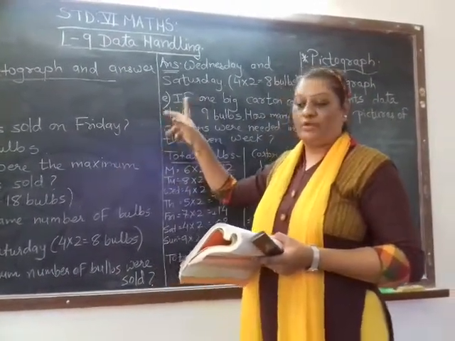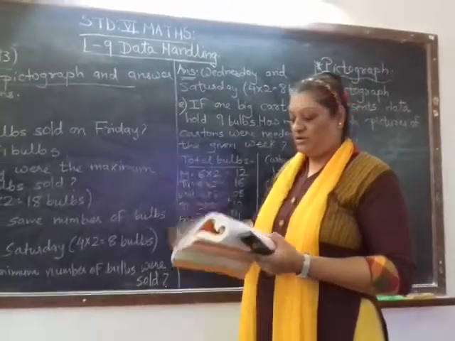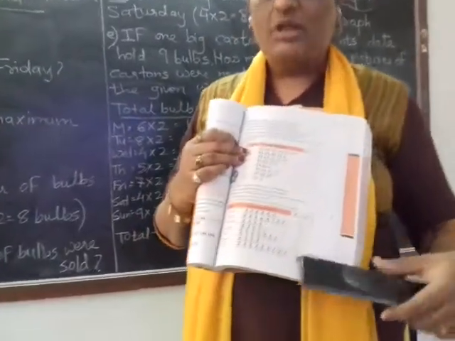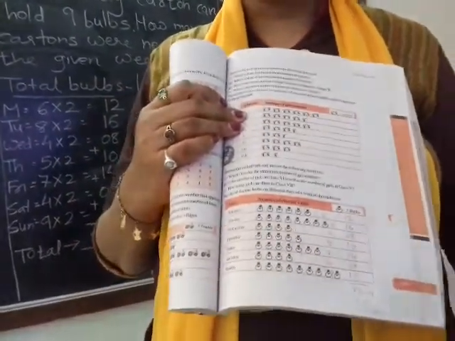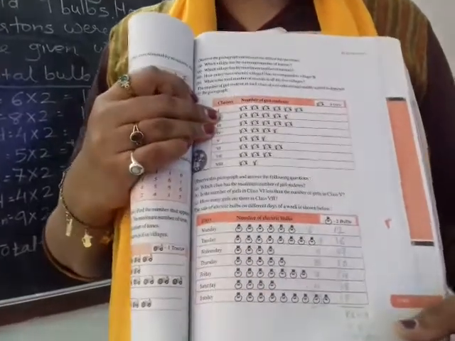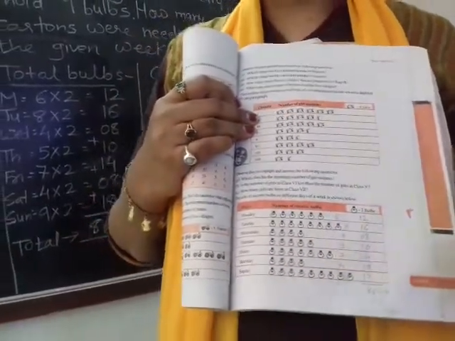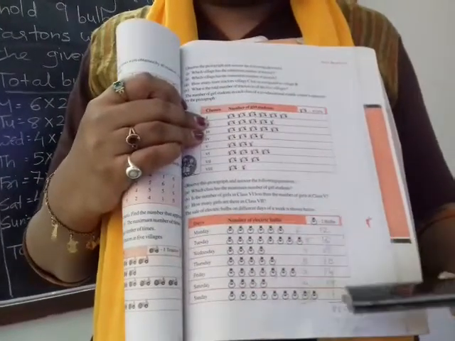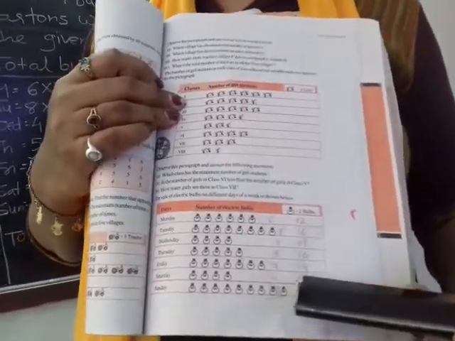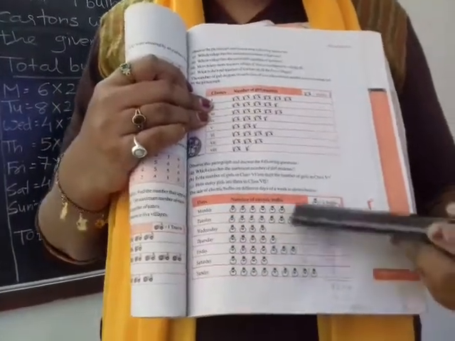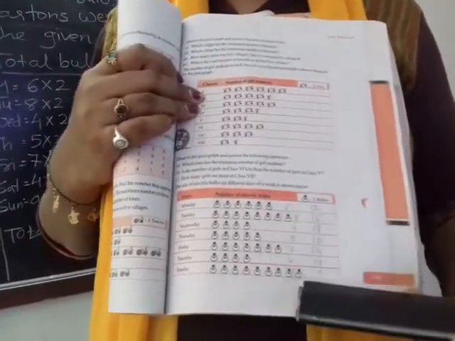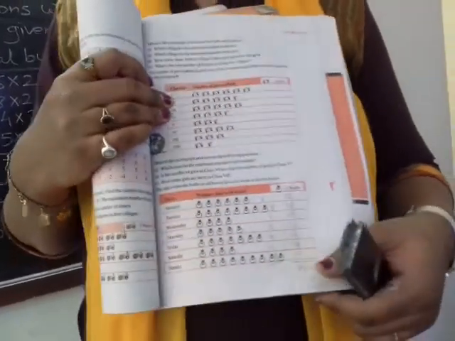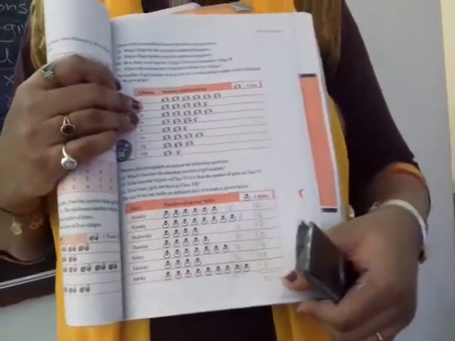See, a pictograph can be of two types. One, where the pictures have already been drawn in your textbook, and second, where you have to draw the particular symbols using the following number of sequences given. Here you can find the pictures of bulbs. Question number 6 is already drawn and we have to answer the questions. But in exercise 9.2 you have to draw as well as answer after drawing the pictograph.